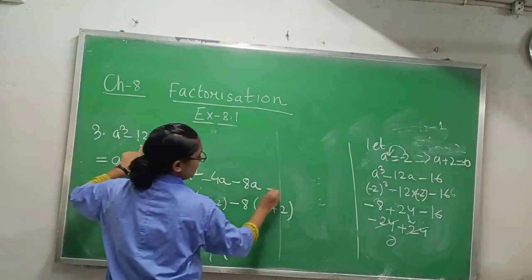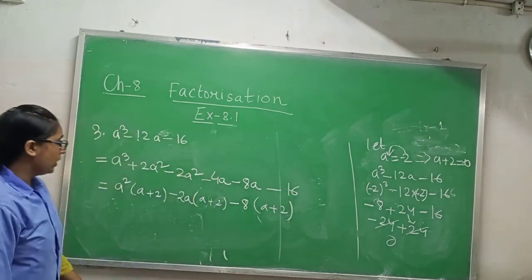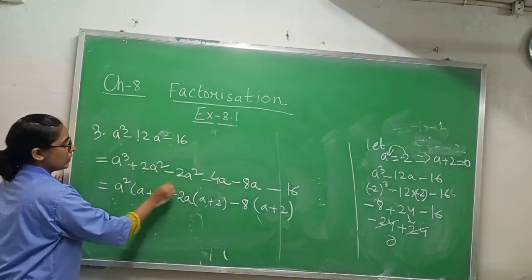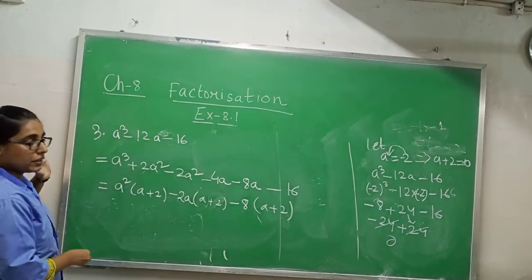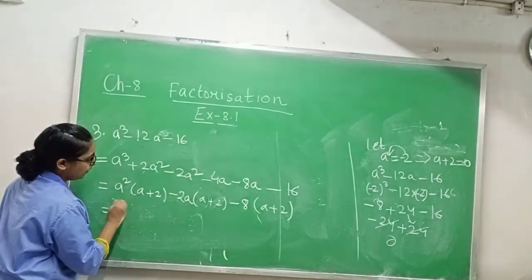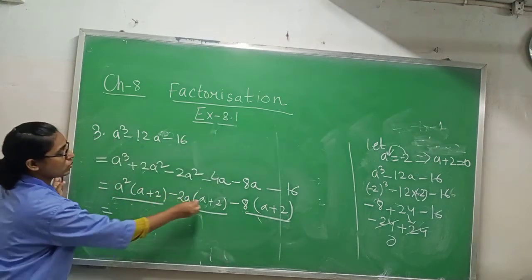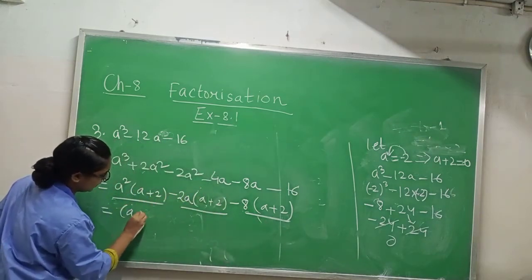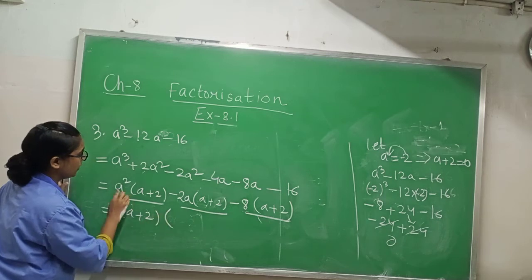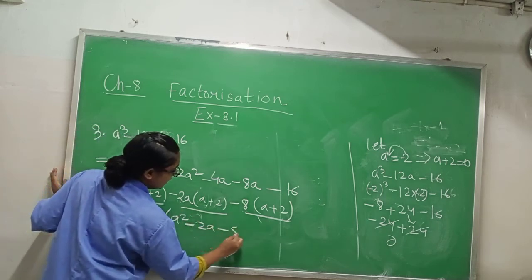Now minus plus minus 8 into 2, 16. Minus 16. Okay. So you can remove this one as well as you will get the same thing which you have there. Okay. But no need to show cancellation. Okay. Now after this, in this one, in this one, in this one, which one is common? A plus 2, a plus 2, a plus 2. You will write one time a plus 2. What is that? A square minus 2a minus 8.